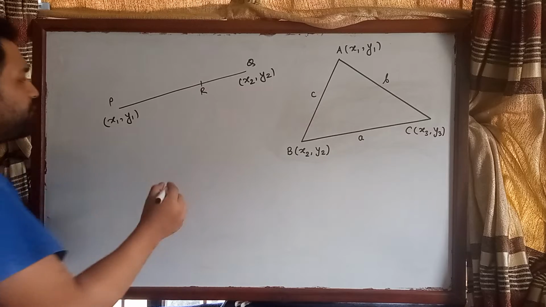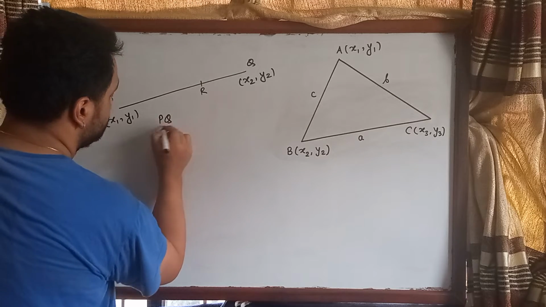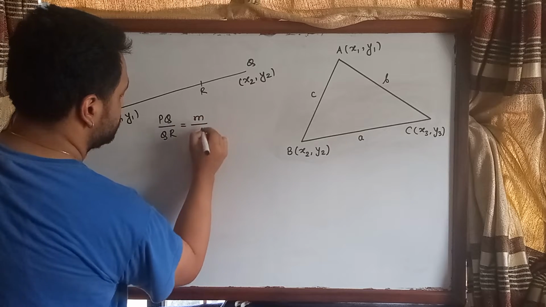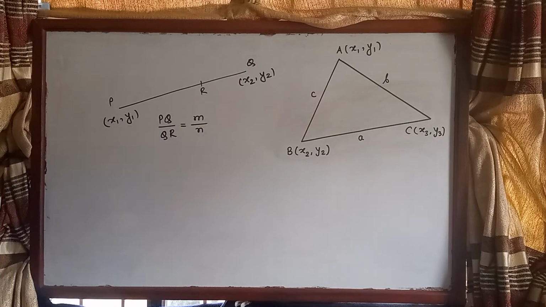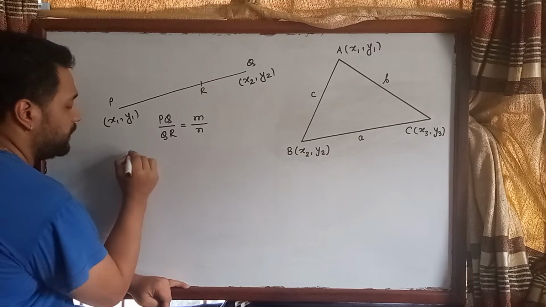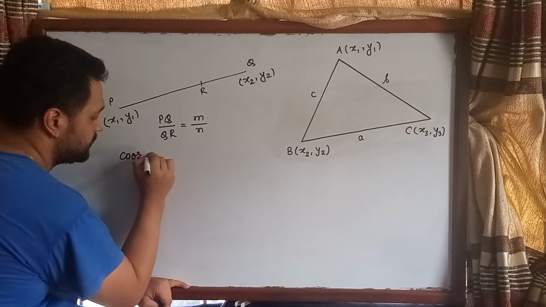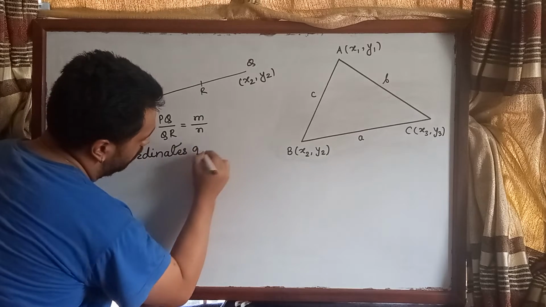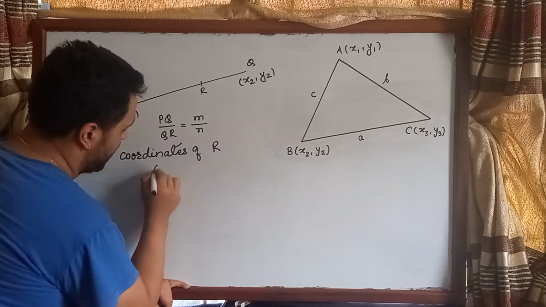Then, if we have PR by RQ equal to M over N, then the coordinates of R will be given by